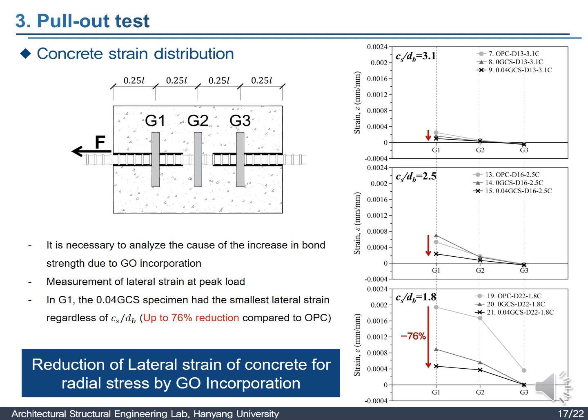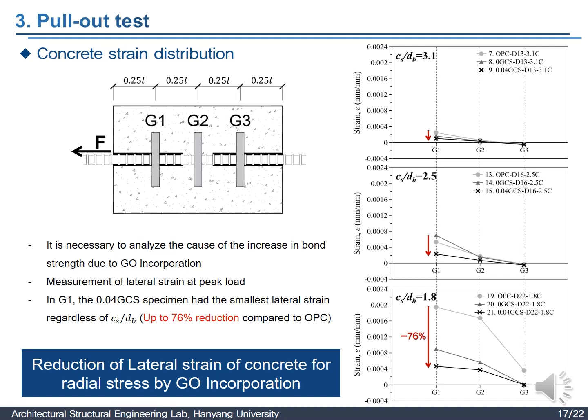In G1, which is closest to the loading point, the strain of 0.04 GCS was the smallest among all specimens regardless of the thickness of the cover relative to the diameter of the reinforcing bar, and it was found to be reduced by up to